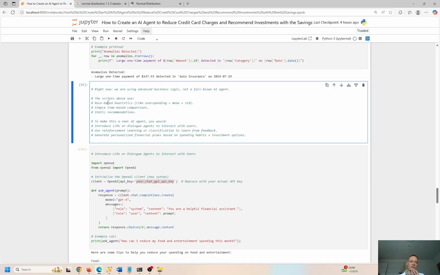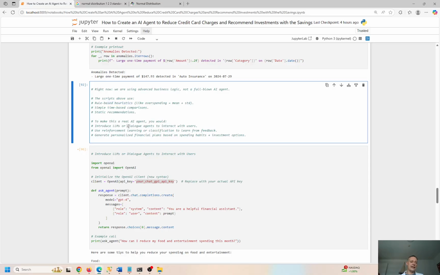So the scripts above use rule-based heuristics. What's a heuristic? I have a video on my channel about this if you're curious. A heuristic is a way to create a very simple, very accurate representation of data or do a very accurate analysis, but it might not be exactly perfect or exactly precise. It's very quick and very fast to execute. So you sacrifice maybe a little tiny precision, but the heuristic runs very quick and gives you results that are mostly spot on, could be off a little bit. It's not guaranteed to be 100% correct, but it runs fast, right?